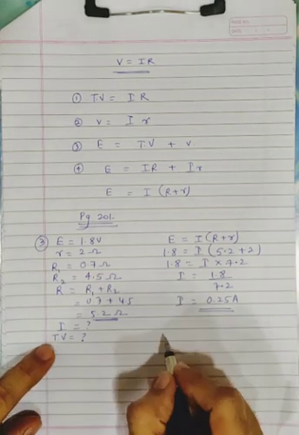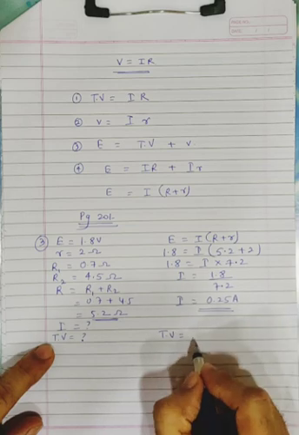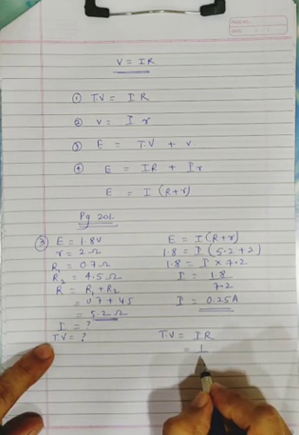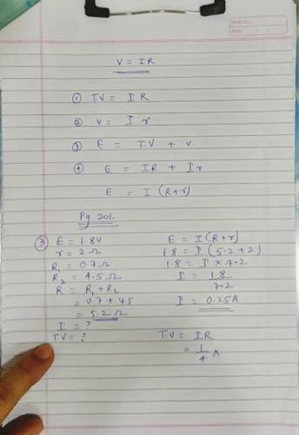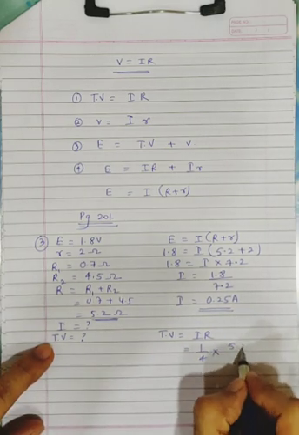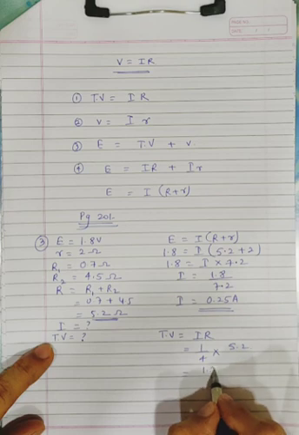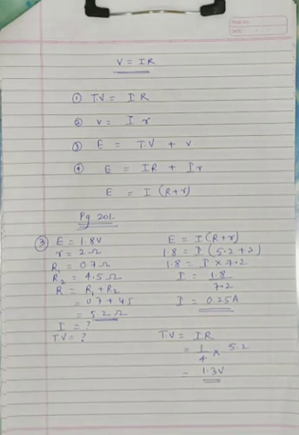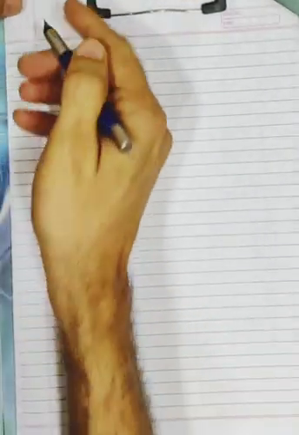Now you have to find out terminal voltage. What's the formula of terminal voltage? I into big R. I is 0.25, that is 1/4. R is 5.2. What is 1/4 of 5.2? 1.3 volt. Okay, we'll try the next sum now, sum number 4. The third sum was 1 star. The fourth sum we are doing now is also 1 star.